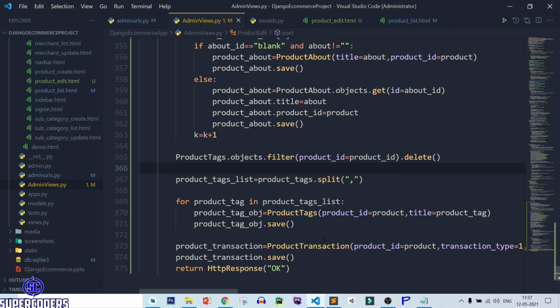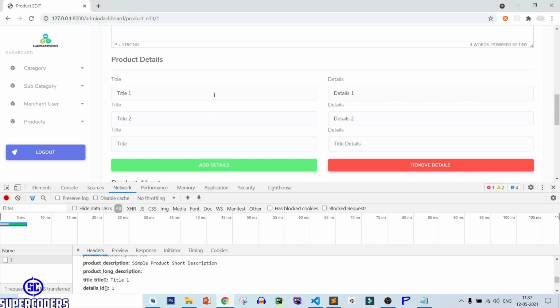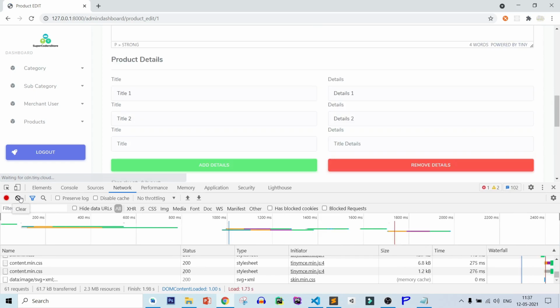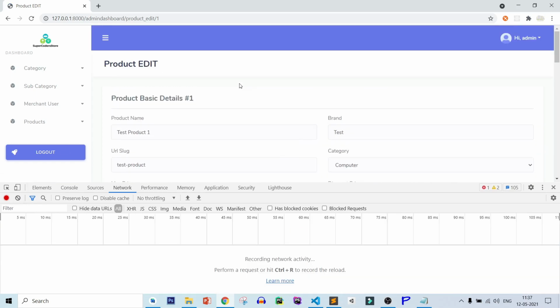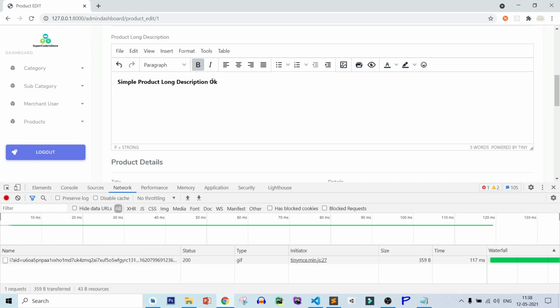So save this file, and also remove the product transaction. Save this file, and let's check if it's working or not. So back to Chrome, refresh page, clear the console, and try to add product test 1 update, test update, brand, long description content.